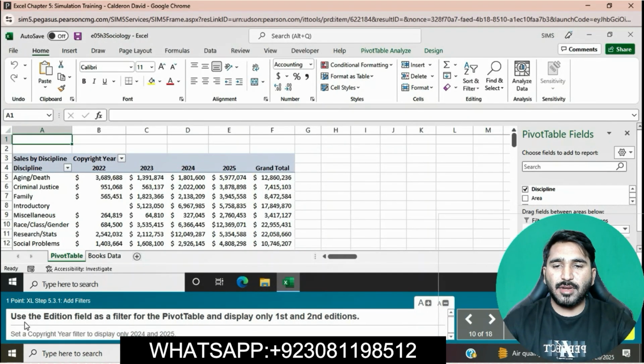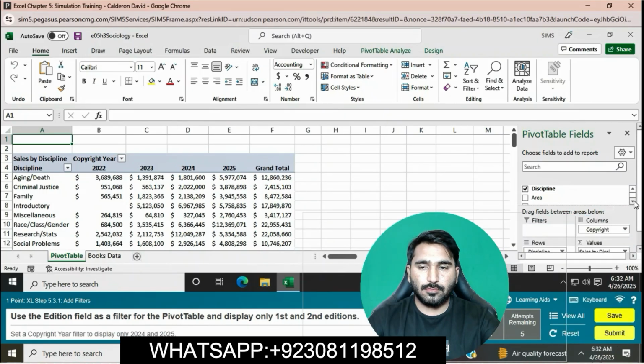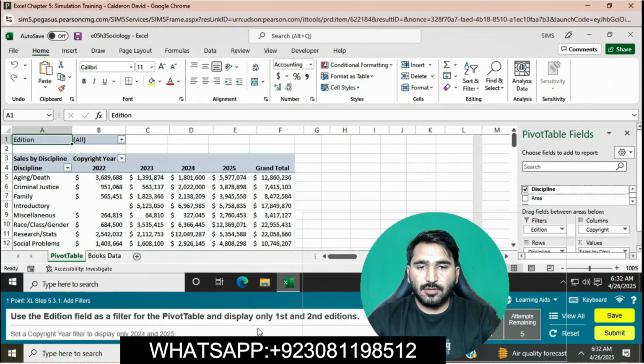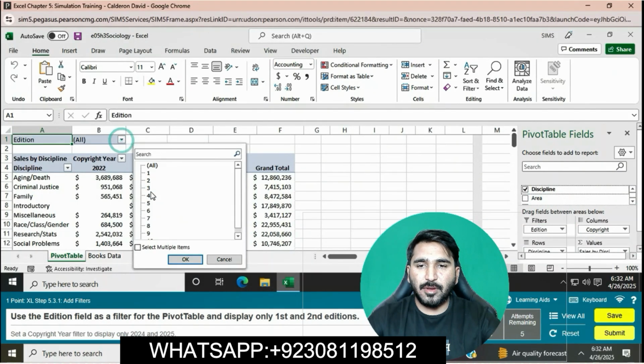Use the edition field as a filter for the pivot table and display only first and second editions. Add edition to the filter.